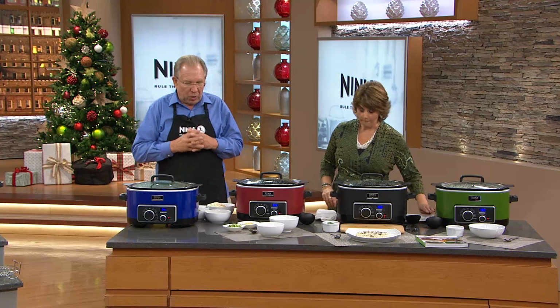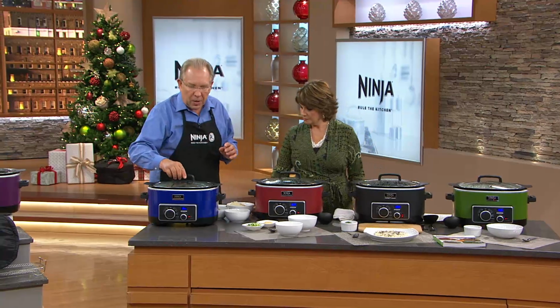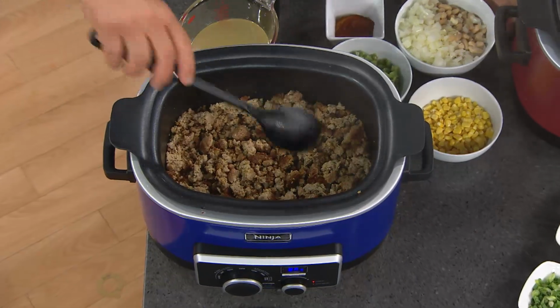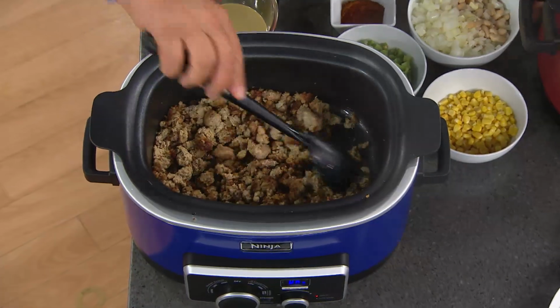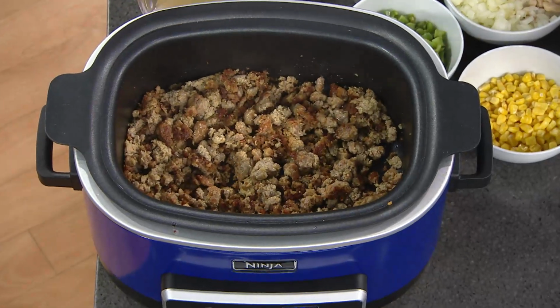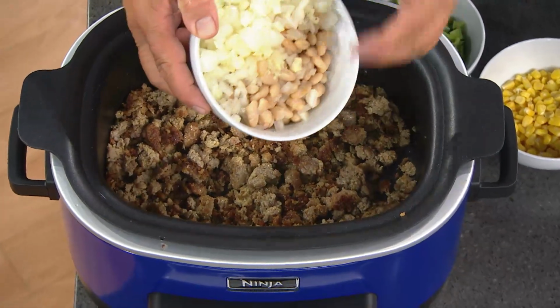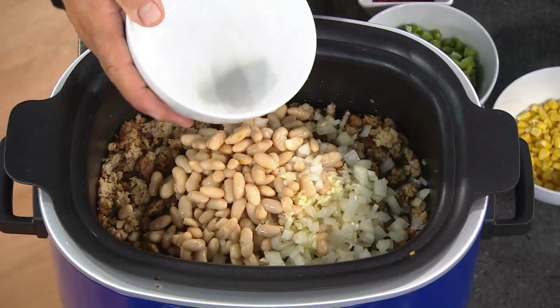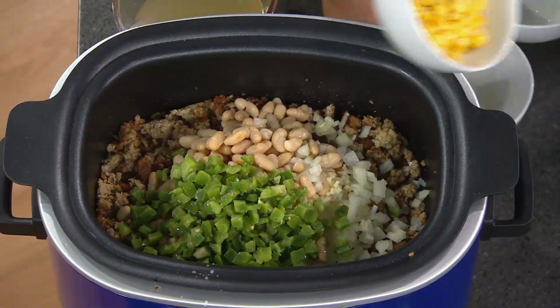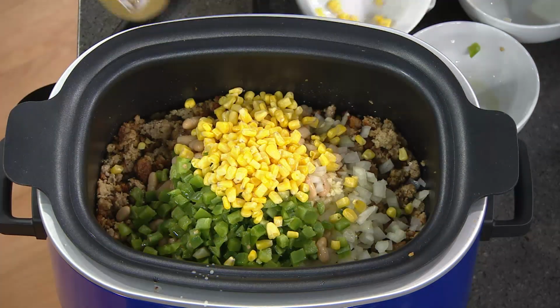What else can we make, all right, Bob? So we've done the first 2 of the 4-in-1. Now we're going to do slow cooking. But again, the difference is that we're going to do slow cooking after we've browned our meat. So we use the stovetop setting to brown our meat here first. Before we did that, we actually separately just lightly sauteed our onions and our peppers. Our corn we did nothing to. Now we're going to add our